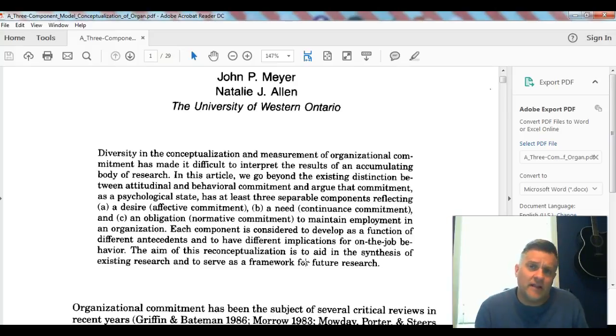So this is an article from 1991. It's a very well-written article, and it's talking about taking the affective, continuance, and obligation 3 components and using that as a model for defining and researching organizational commitment. So if my professor asked me, first, define organizational commitment, I would go here and I would reference this article, saying Meyer and Allen in 1991